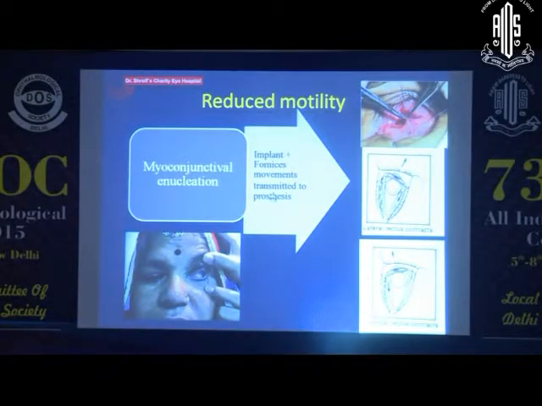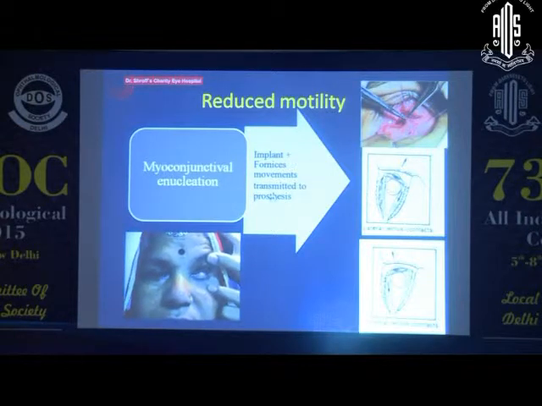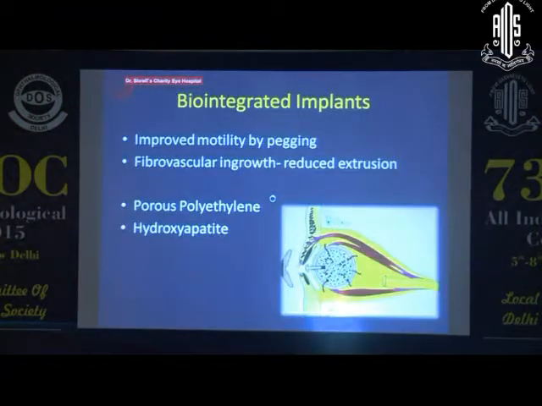Reduced movement is another issue which always remains with them, but as Vikas has already shown, in the myoconjunctival technique of enucleation the muscles are actually sutured to the respective fornices. So it's actually the movement of the fornices which is going to the prosthesis. Along with the movement of the implant, some movement of the fornices is also imparted to the prosthesis, which causes the prosthesis to move. So with this technique, even using a PMMA implant, the motility issues are probably not as bad, and studies do show that the movements are comparable, sometimes even to eviscerations.